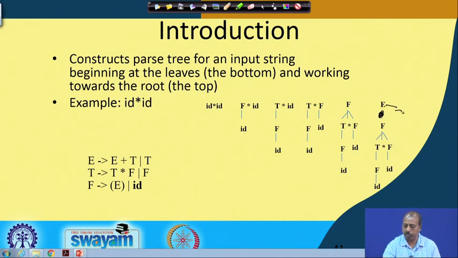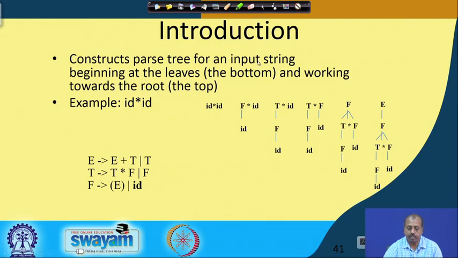This E should give me T and T should give me F, because E cannot give me F. But anyway, to make the space less, it has been shown like that, but ideally it should be E to T to F. So, you see, starting with the input string, we can construct the entire parse tree and go to the root symbol, the start symbol of the grammar. If we can do this, then we say that we have a bottom up parsing strategy for the grammar.